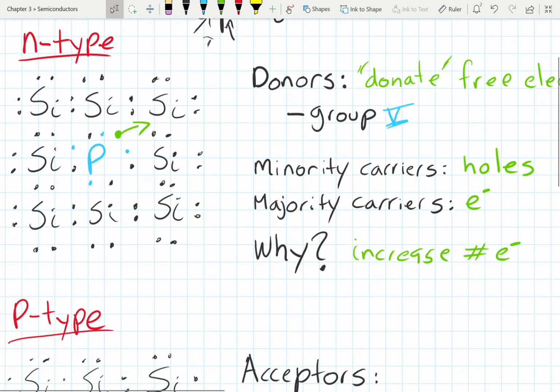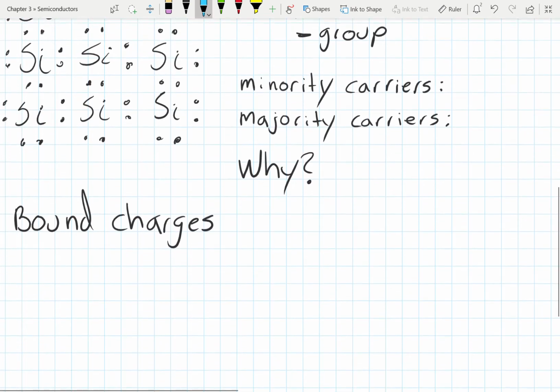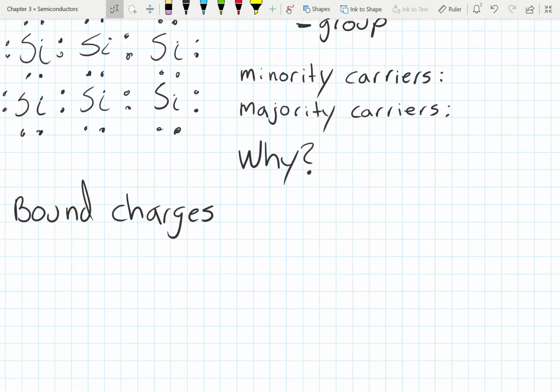The last thing that I want to mention about this is, let's look at this phosphorus atom right here. This phosphorus atom is losing an electron, is donating the electron to the crystal. So since we're losing negative charge, the phosphorus atom is going to end up with a positive charge. This positive charge is what we call a bound charge. I'm going to write, bound charges